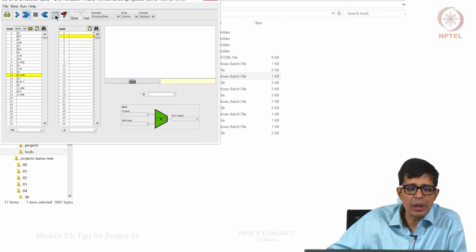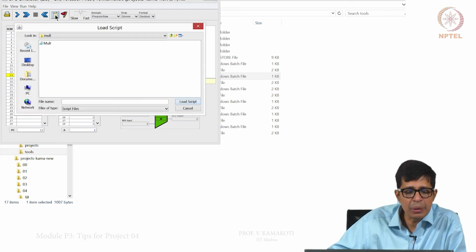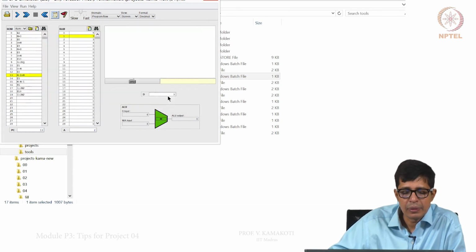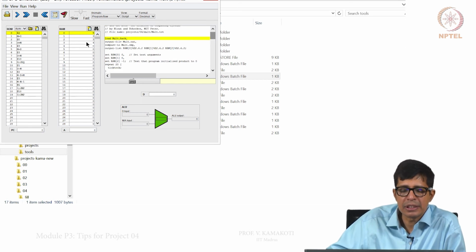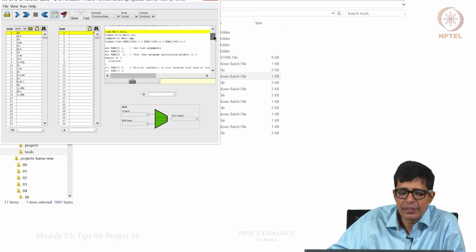Now, there is also another thing, that we can load a script here. There is a script called mult.test. We can load that script. Now, this is a script here. When you look at the script, it says first load mult.hack, compare, set RAM 0 is 0, RAM 1 is 0, make both as 0, RAM 2 is -1 and run the simulation.